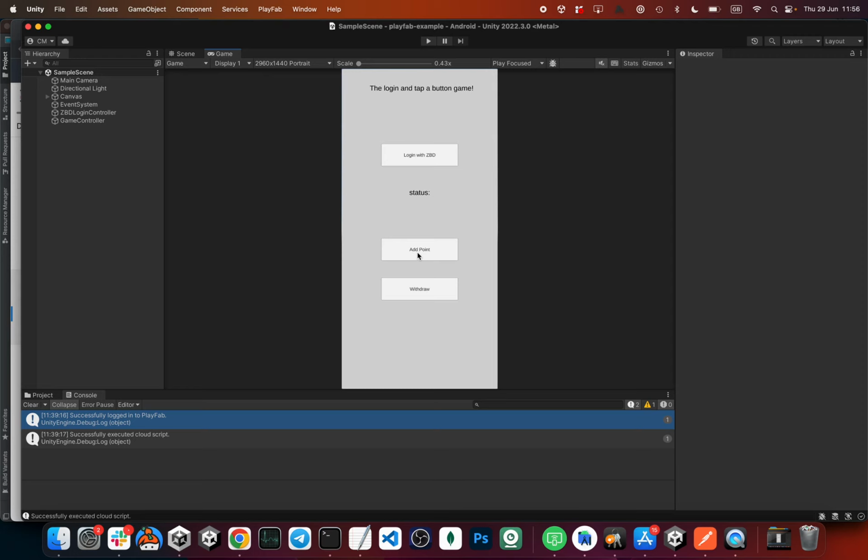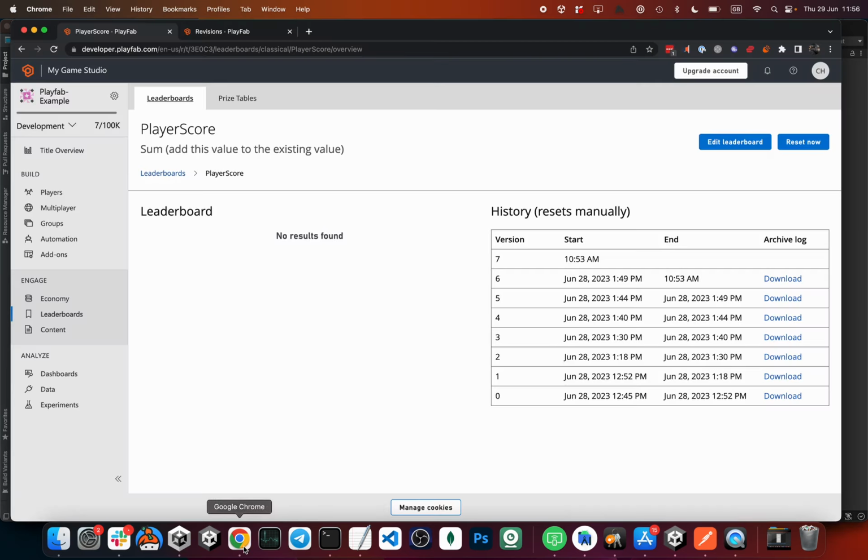What we want to do this time is keep track of how many points all the players have, and have a leaderboard of that. So once a day or once a week, we can see which player has the most points, and based on that, we can give an extra prize to the top 5 players or top 2 players. To do that, we want to take a look at the PlayFab